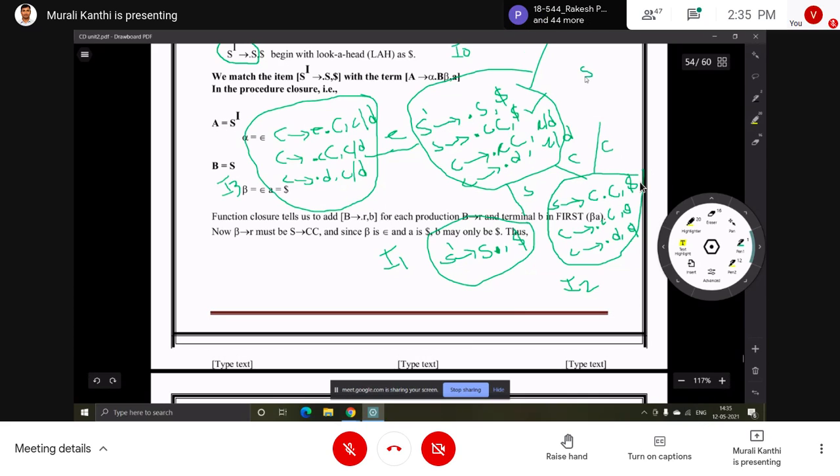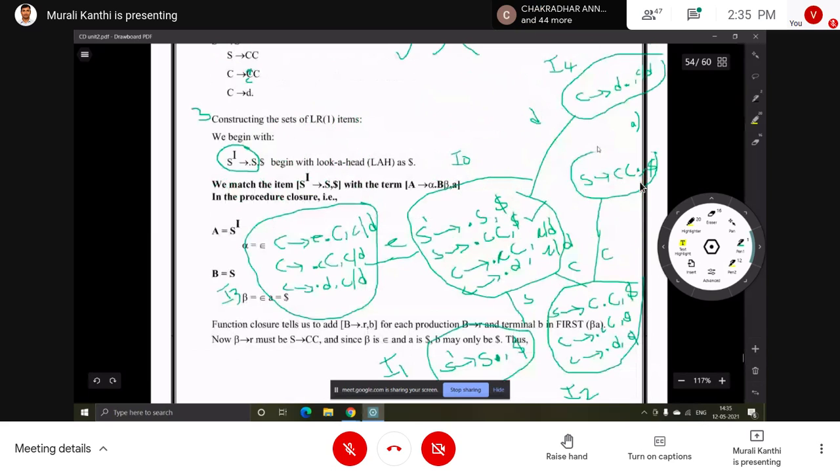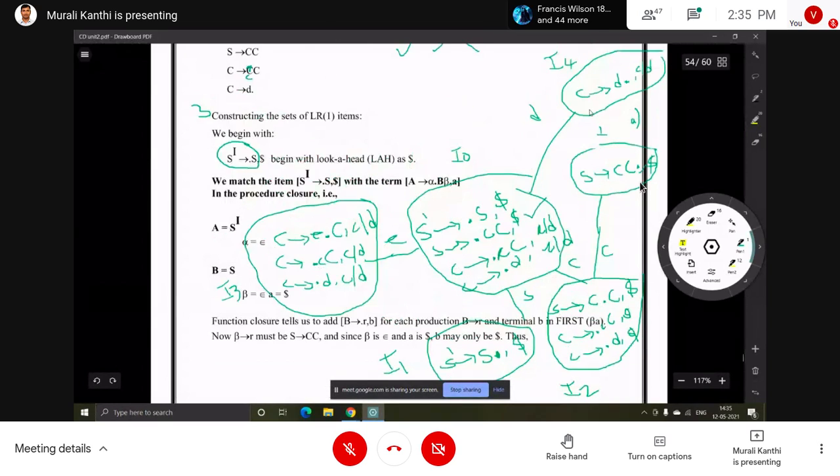So S implies C after shifting the dot, C C dot, dollar. Next, after the dot which symbol is there? No symbol. Okay, no need to add extra productions to this. This is a new one, we can stop. Okay, what is the name? I3 was already given, so now this is I4. I4 also given, so this is I5.